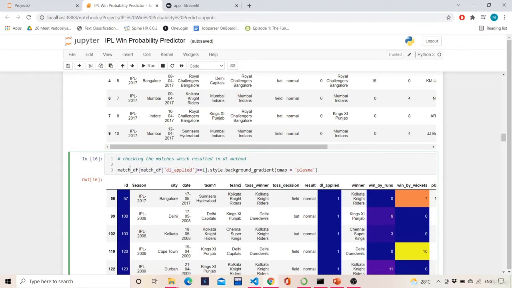So I would say match df of DL applied equals 1. Wherever DL is applied, inside this data frame you apply a particular style with the background gradient as plasma. I'll repeat it: whichever matches had undergone the DL method, inside the data frame known as match df, to all those matches you apply a style with a plasma background.